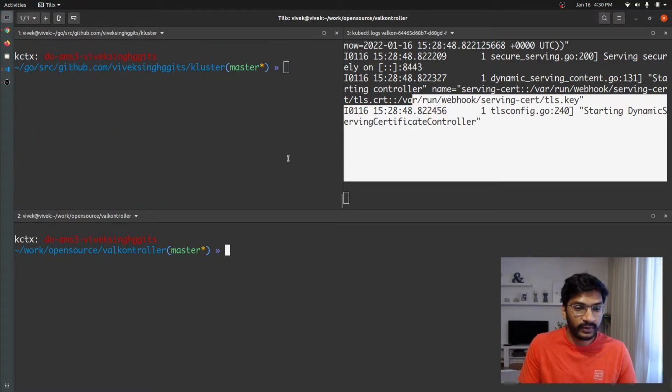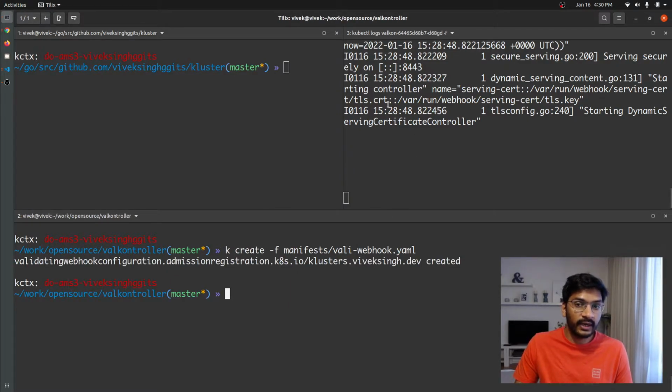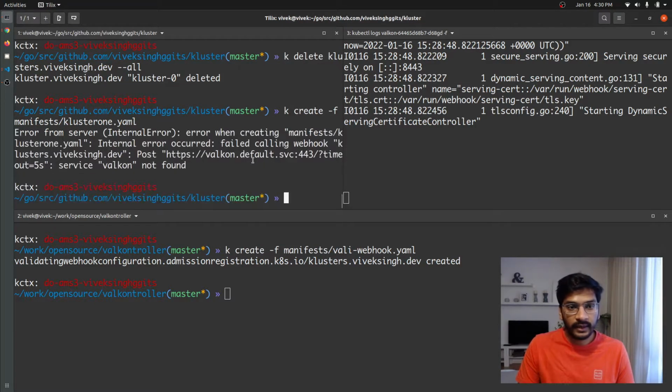And to do that, what we can do is we can create. So now I am on our validating webhook controller repo. So create -f manifest, and we will have to actually create the validating webhook to register this validating webhook controller with API server. And that is what we have done right here. So let's go ahead and create another cluster resource. So create -f cluster1, and